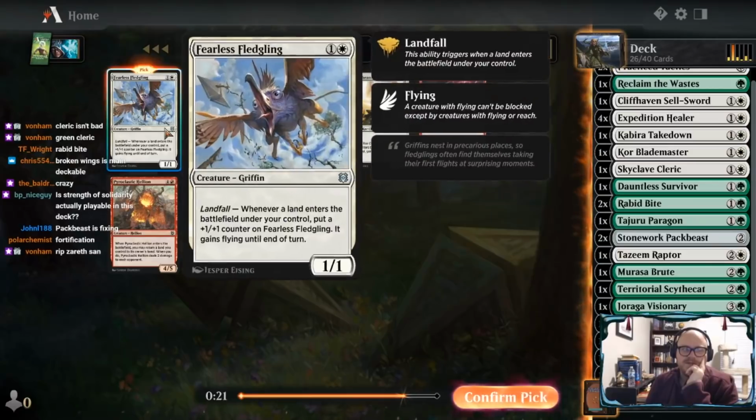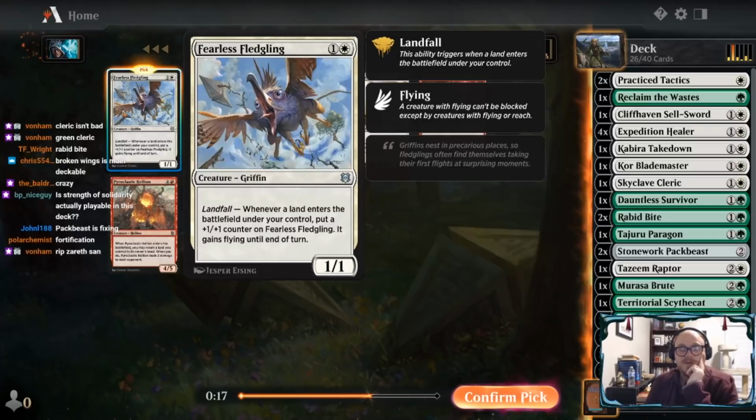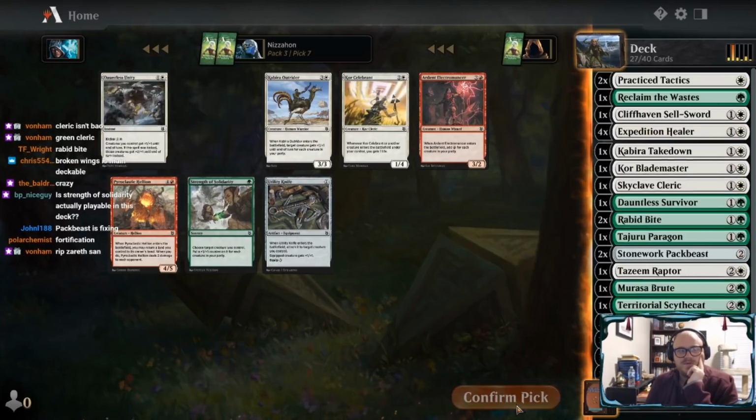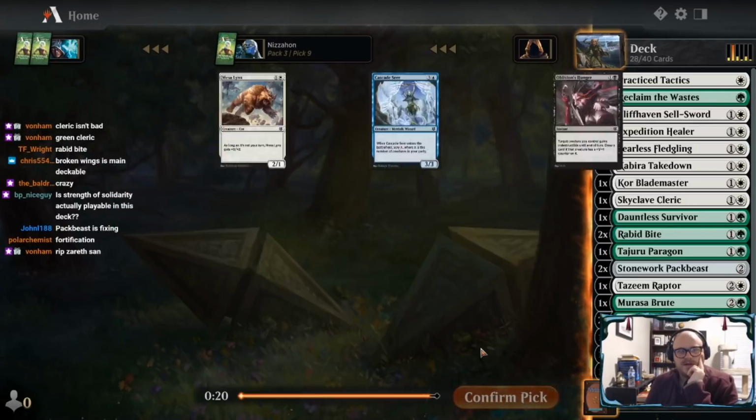Okay, well, definitely take Fearless Fledgling here. It's surprising to see it still around. It's a great 2-drop. One that can take over games, which is not true of most 2-drops. Well, we get another Scythecat here, which makes me kind of wish I'd gone the other way earlier, but...